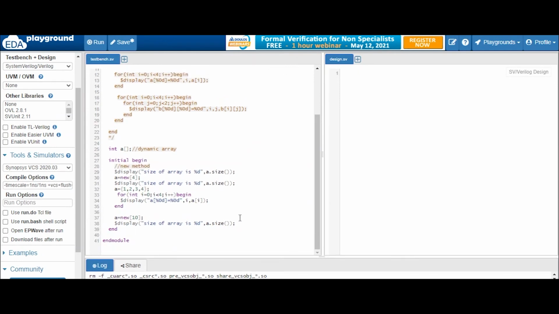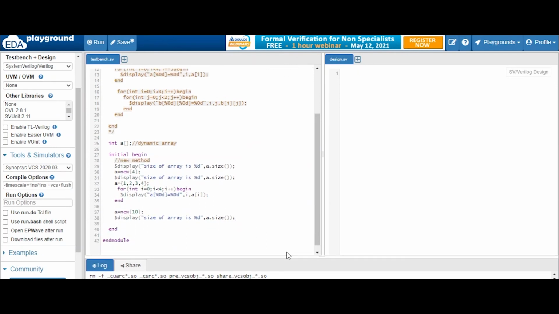Now you want to assign elements to it. Suppose we assign all the elements 7 8 9 10. How many elements have we created? 1 2 3 4 5 6 7, 8 more, 2 are required, 11, and let's go for 12.